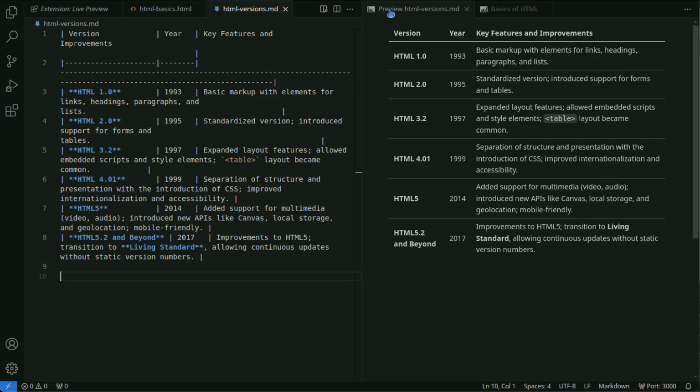HTML5, 2014. The latest major version, introducing support for video and audio, canvas, local storage, geolocation, and other new APIs. It is mobile-friendly, enabling the development of more interactive web applications.